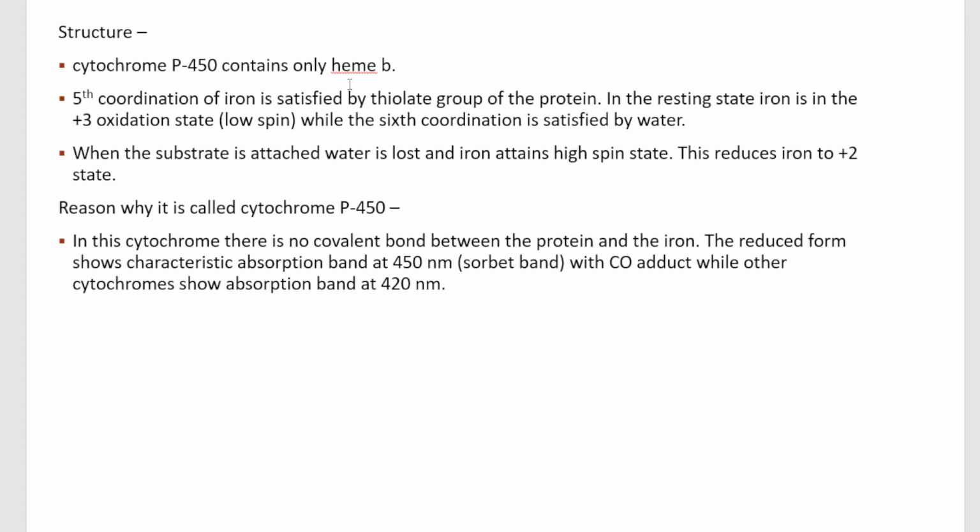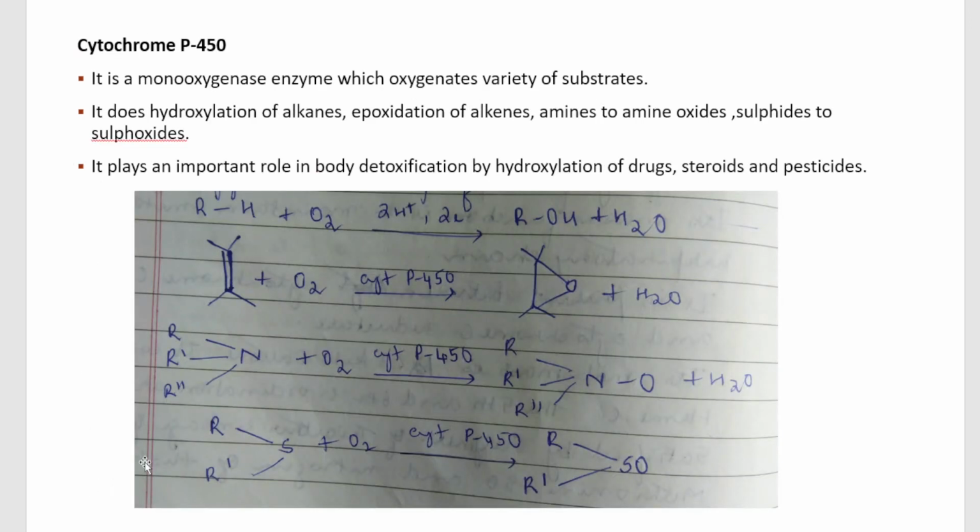And what is the structure of cytochrome P450? It contains only a heme B group here. And you know that the fifth and sixth coordination will remain unsatisfied. Here the fifth coordination on the iron is satisfied by a thiolate group of the protein, whereas the sixth coordination is left vacant for the substrate to come and attach. Which substrate will come and attach? All these substrates which are supposed to undergo oxidation will go and occupy that sixth coordination site,